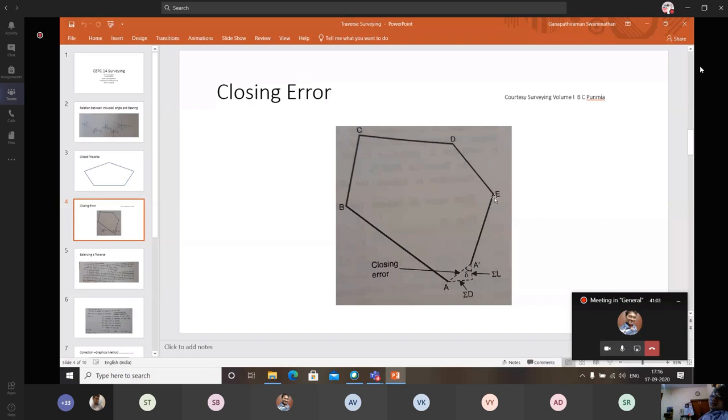F-L-E-X-U-R-A-L, flexural member. A civil engineer should never forget this word, flexure. That is why we are reinforcing the beam. Why are you reinforcing the slab? Have you heard of reinforced cement concrete, RCC? Why are we reinforcing the cement concrete? Sir, concrete has very less tensile strength. It has a very good compressive strength.